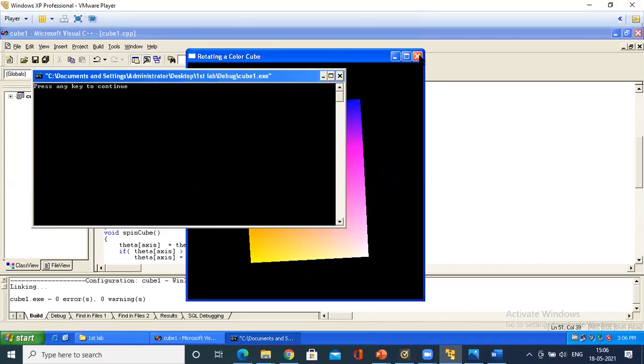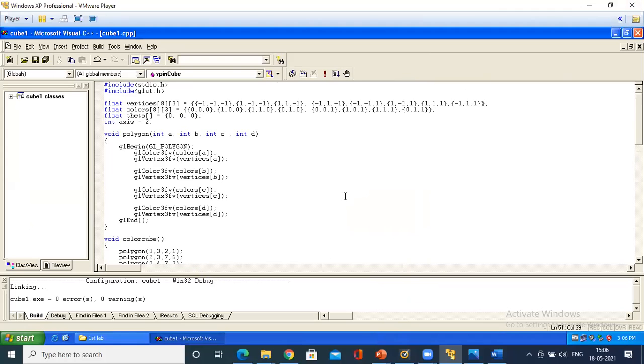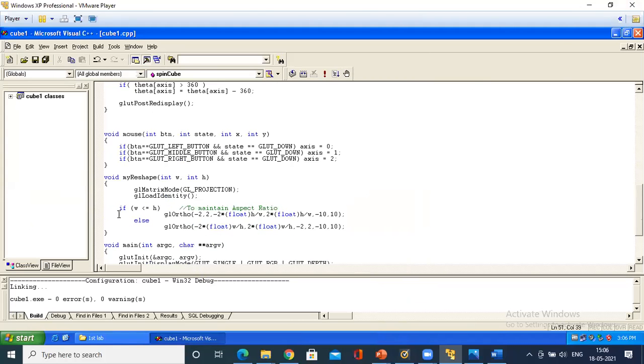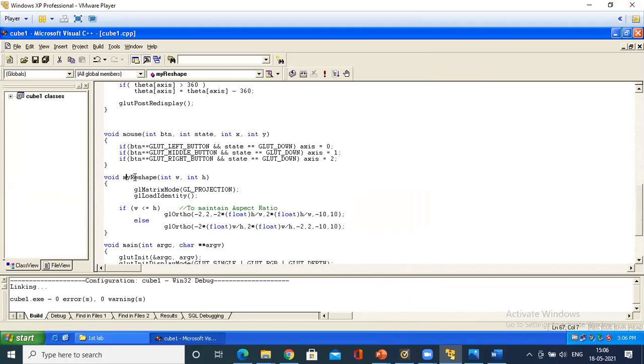One more program is there. Let me not execute it today. This is also the same program for the concept of analyzing the perspective view. Majorly what we need to understand is the myReshape function. The myReshape function is the same as an init function. It is being used to maintain the aspect ratio.